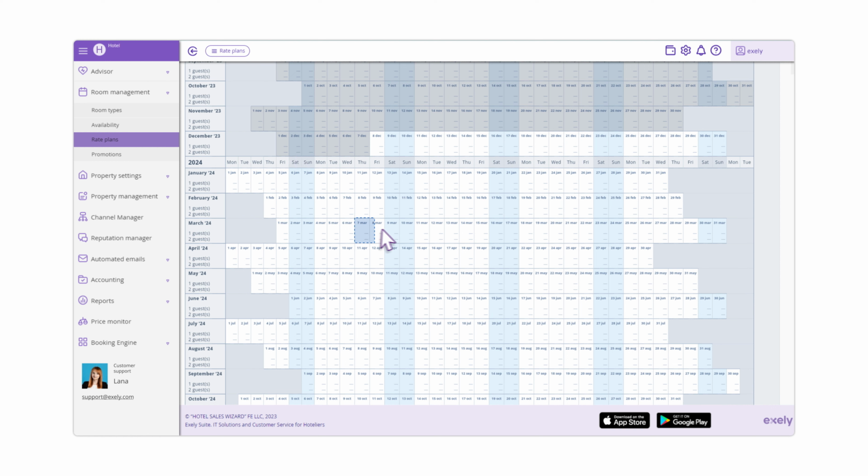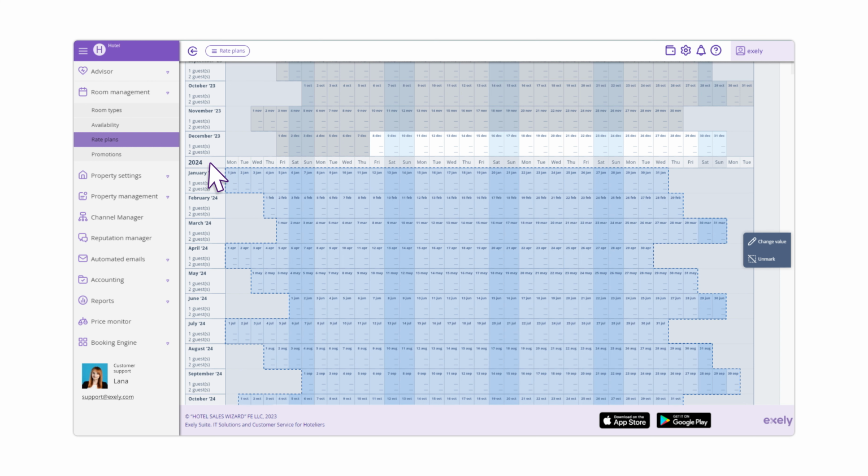Mark the days by stretching your mouse pointer. Alternatively, click on a month on the left to mark all the days of the month. Click on Days of the Week at the top of the calendar to mark these days of the week throughout the year. Click on the year in the top left corner to mark all the days of the year starting